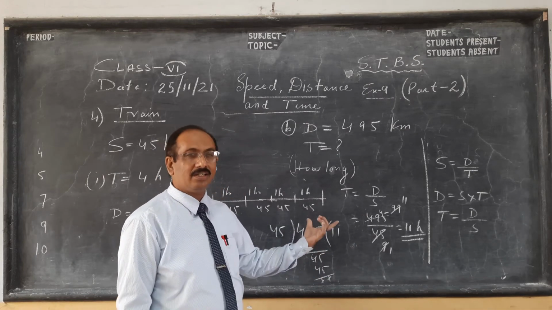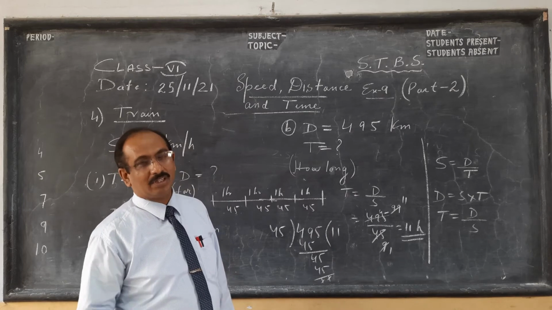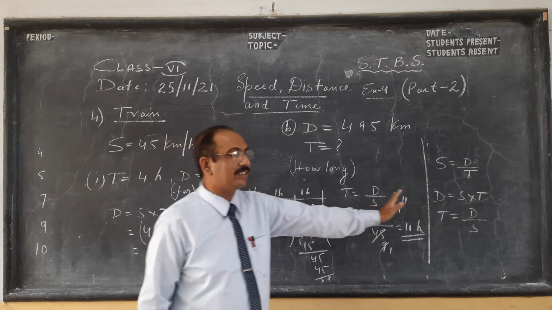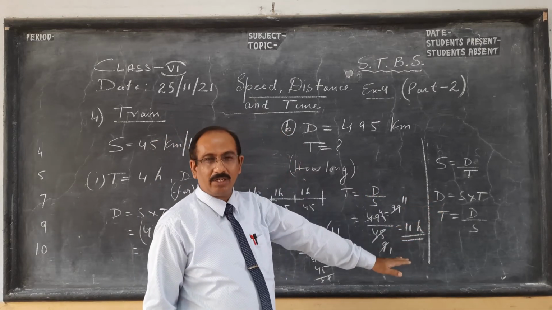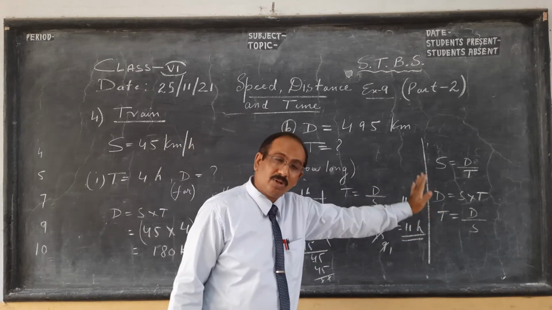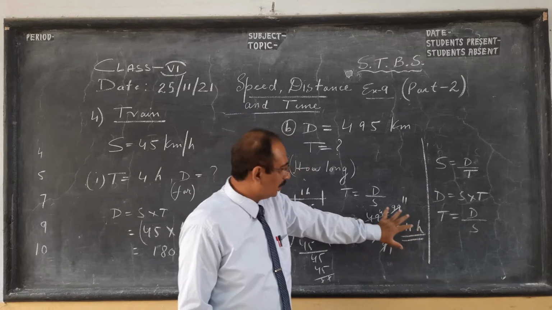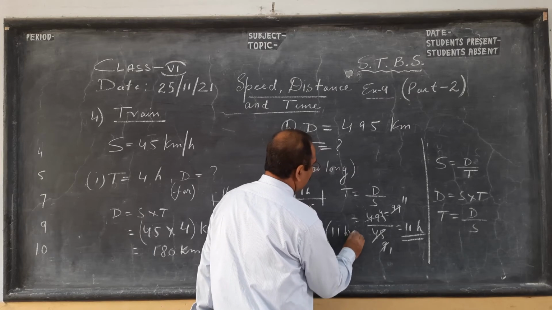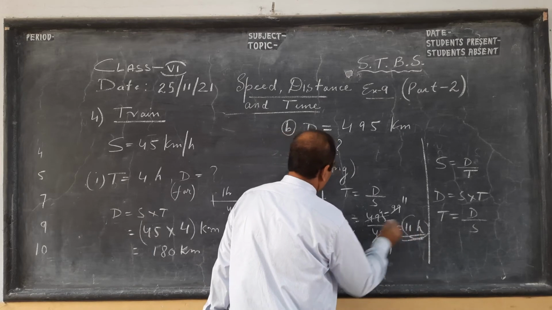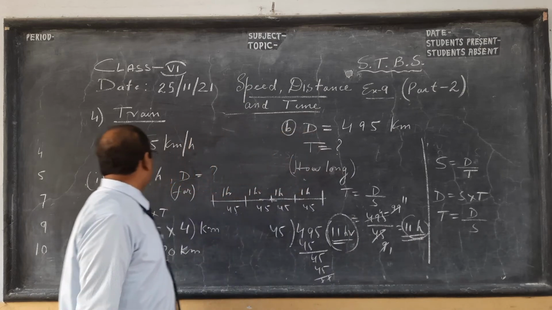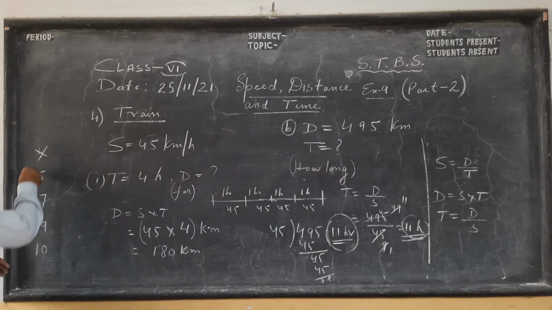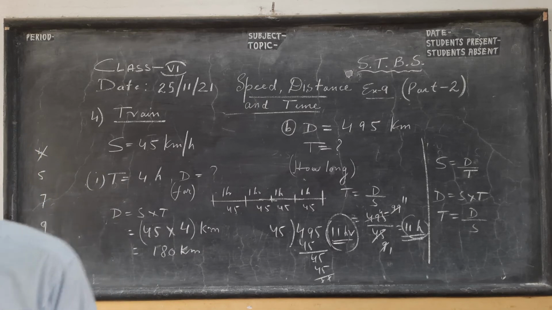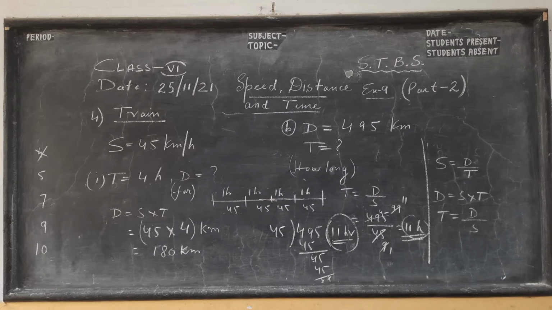Best, children, is the mental maths method, which you will come to learn through practice. But for the exam, you have to show the working on the right side like this. So rough work should either be down or on the right side of the paper, on the same paper. We see how you have calculated. So the answer is 11 hours. Write HR or H. So this was question number 4 we have done, and a couple more questions we will do before we end this lesson. So kindly pause the video and copy.